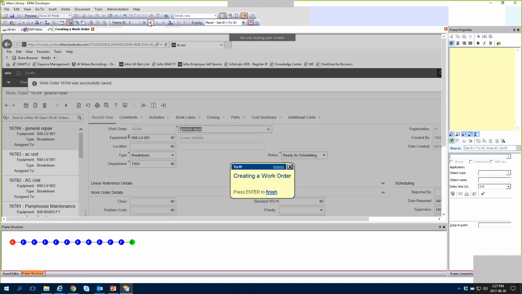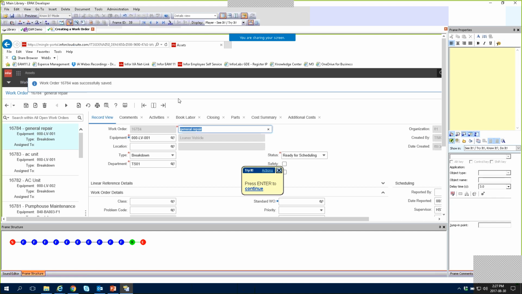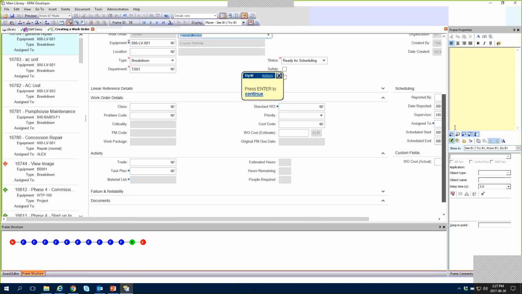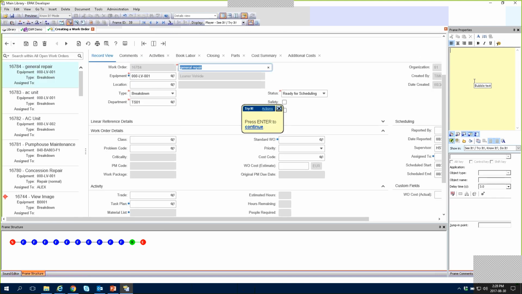That's the end of the procedure. But what I think would be really cool would be to actually show the end users the results of the steps that you just completed. So what I would do there was simply insert an explanation frame. There's an insert menu, and then I would just select explanation frame here. And then a new frame with an X on it appears. That's telling you it's an explanation frame, and I can simply add